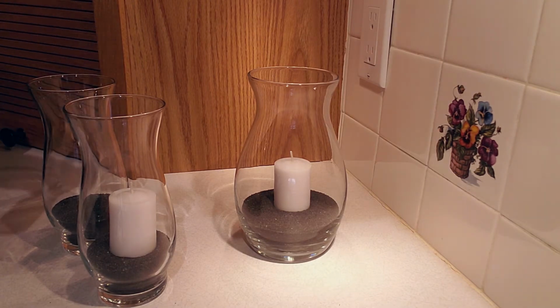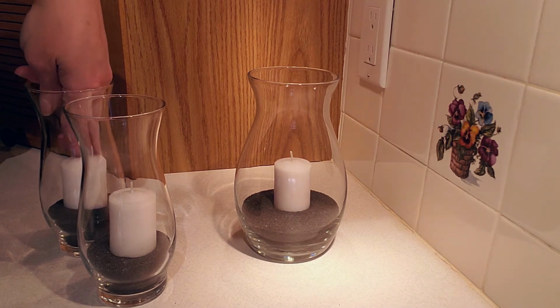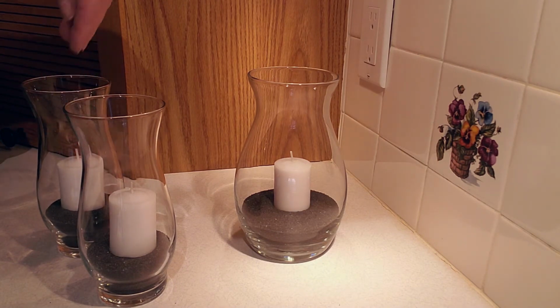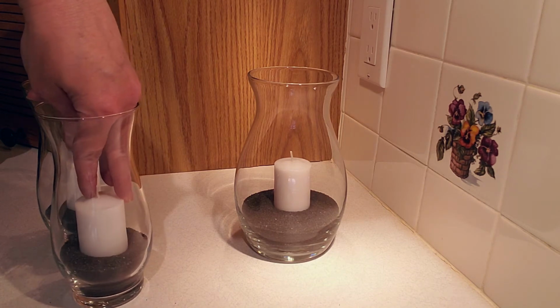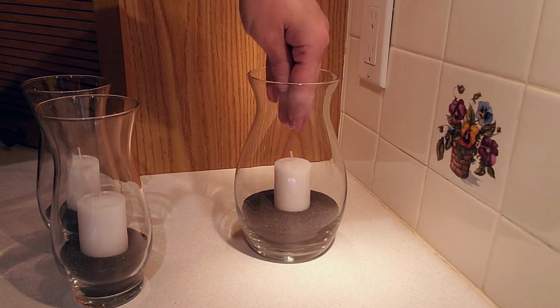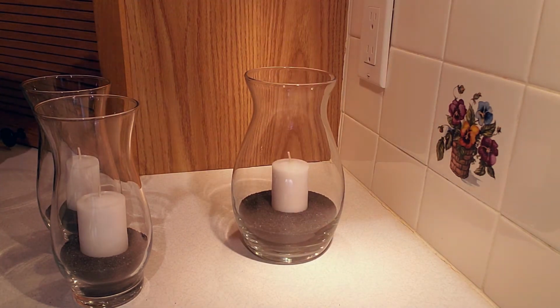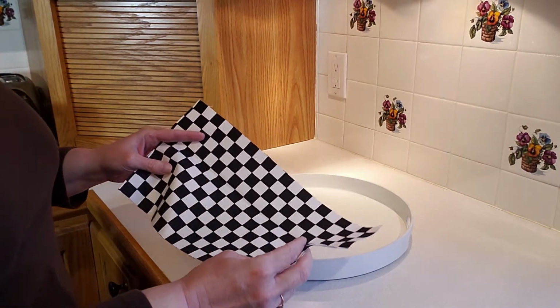And we'll put this last one in there, press that down just a hair. And I'm thinking that is looking pretty good, just like that. Now that part is all set. Now it's been a couple days and we brought the tray in, it's all dry, and I'm taking some material